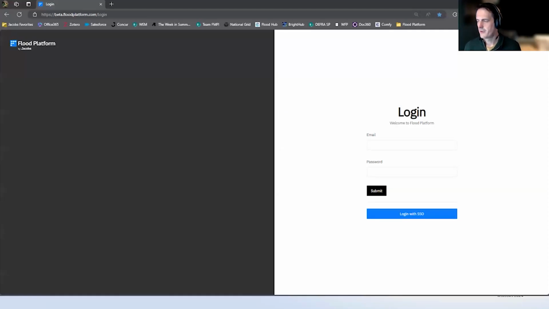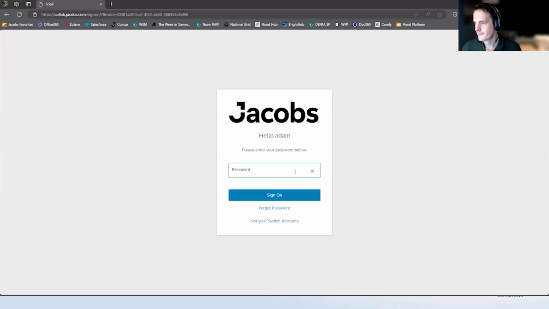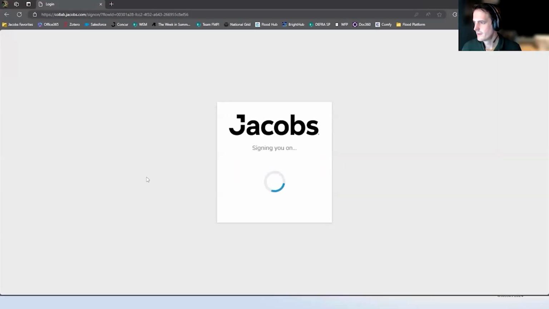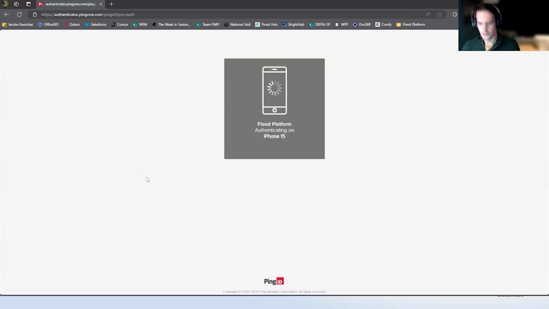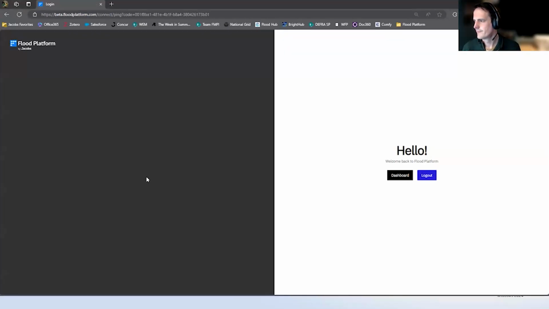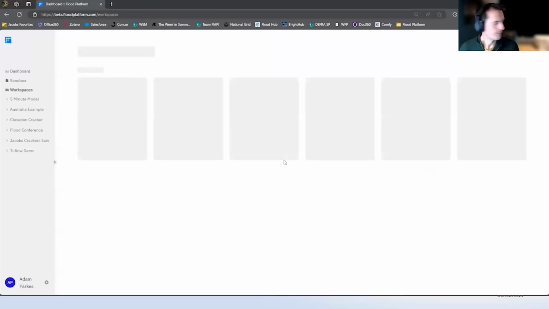I hope everyone can see my web browser. This is the beta of Flood Platform, which we're currently running, and I'm going to log on to the system. So I logged on shortly before then. I'm just being asked for my authentication, so I'll just grab my mobile phone and do that. Give me 2 seconds. There's a two-factor authentication by default, and it's just checking that's me, which it is. So that should go green and let me into the system. There we go. And I jump to the dashboard.